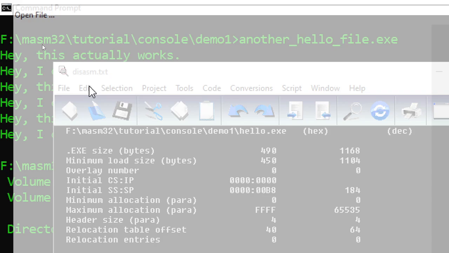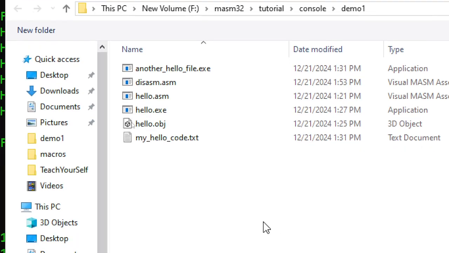There are a lot of programming languages. There is TASM, Turbo Assembler,